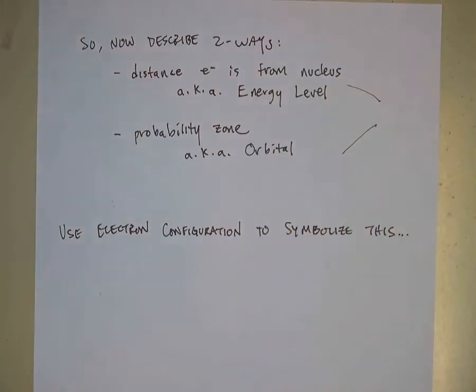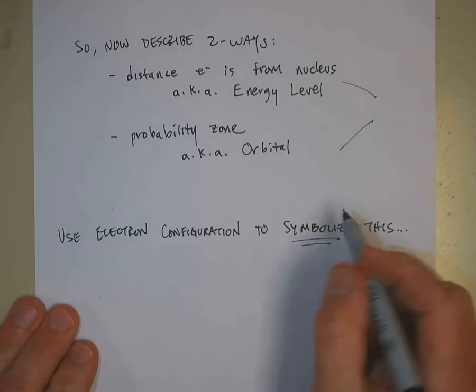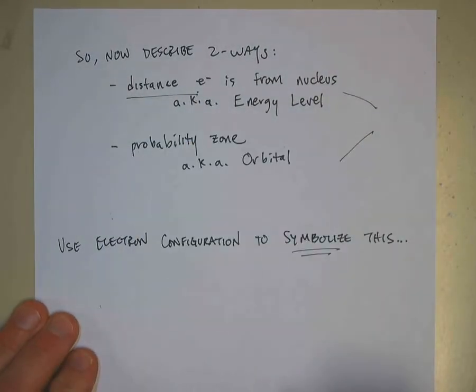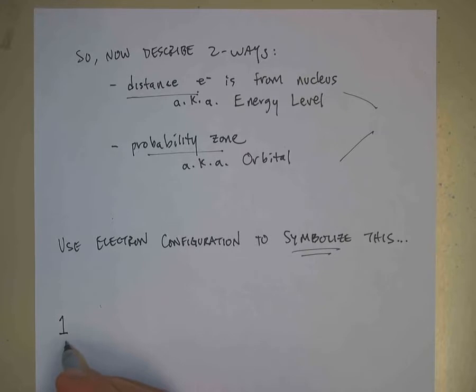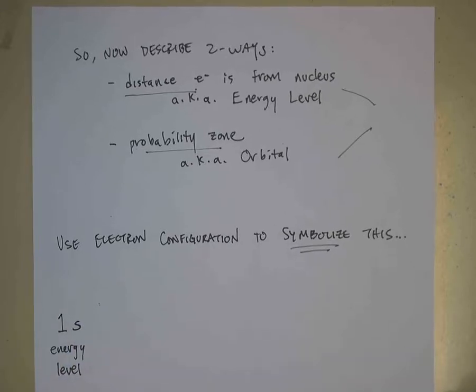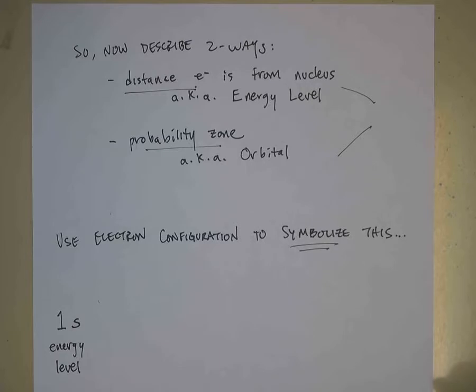So electron configuration symbolizes 2 things. It symbolizes 1, the distance the electrons are from the nucleus, and secondly, the orbital or probability zone. The way that electron configuration is written is by writing a number for the distance from the nucleus, also known as the energy level, and then using the S, P, D, or F configuration to indicate the sublevel's orbitals, in this case the S, and then a superscript to indicate how many electrons exist in that particular